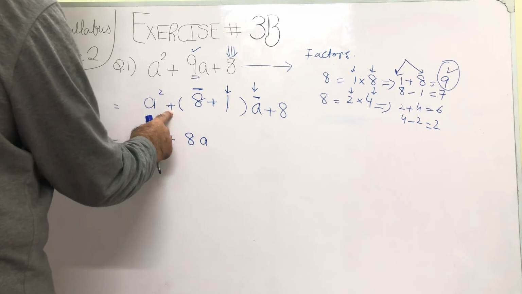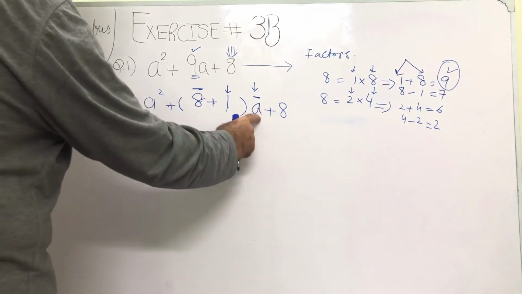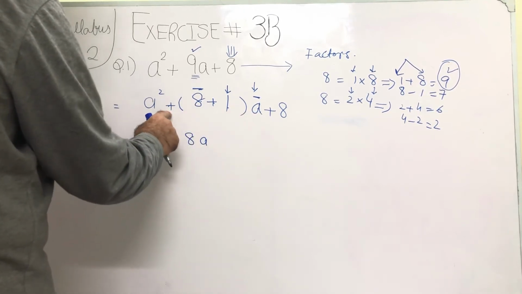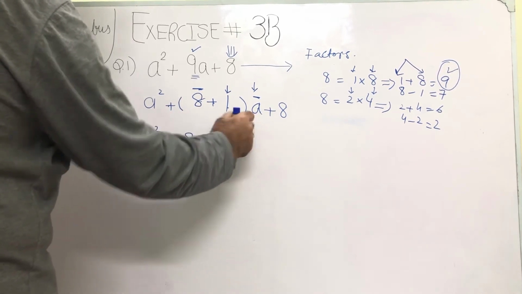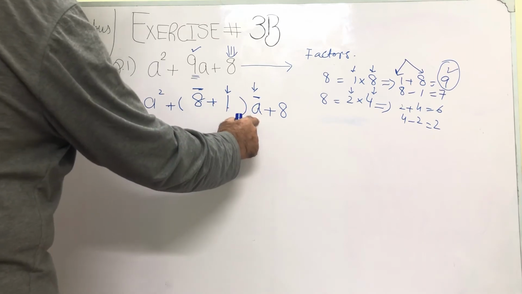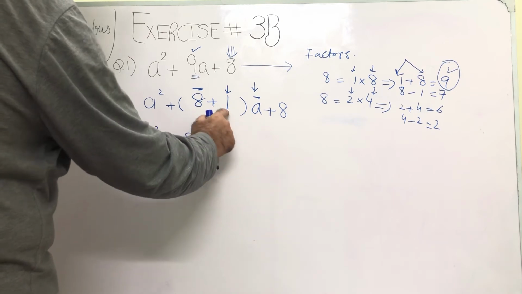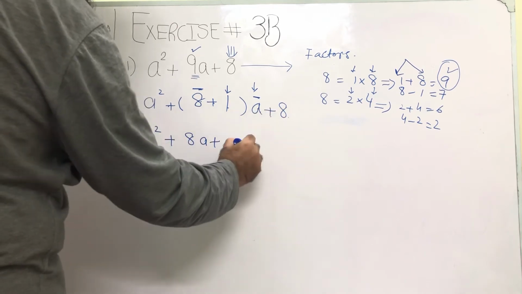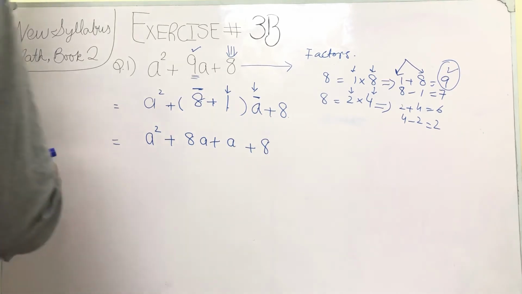Okay. First we did plus 8a, because we opened the bracket, 8 will be multiplied with a, and this plus, so plus 8a. Then this plus will be multiplied with plus 1 and a, plus into plus is plus, 1 into a. We will not write 1a because it is understood that if we write a, it has a coefficient of 1, so it becomes plus a, and this will come like this. In this way we have opened the bracket and completed this step. Now we will be moving to the next step.